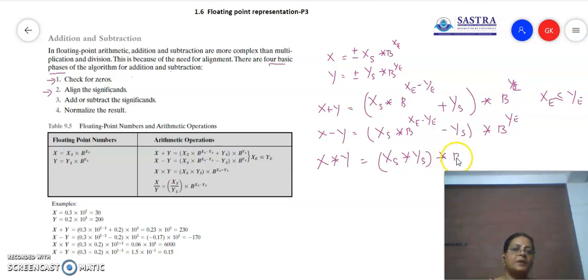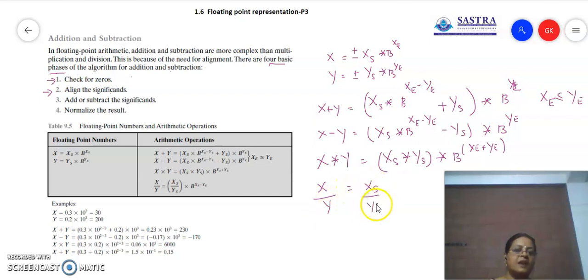And coming to the exponent part, we will be adding the exponent, that's all. So xe plus ye, we will be adding the exponent as such. So this is going to be the example expression for multiplication. Coming to division, if I want to divide x by y, then you just divide both the significands,